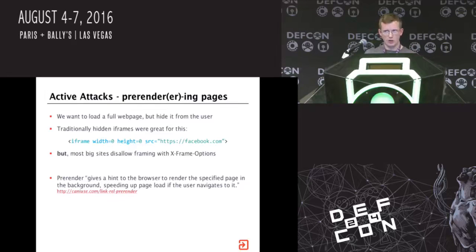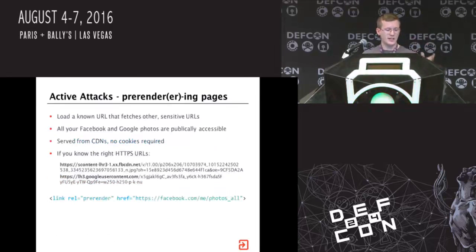So pre-render is something that Chrome invented first, and it's now in Edge as well. And essentially what it does is this HTML tag here, and what it says is completely load this page in a kind of hidden window off screen. Load it so it's ready, so when the user actually clicks that link, it'll all be pre-rendered and ready to go, and it'll appear really quickly. So like Google uses this, so often the first hits on a Google search result will be pre-rendered, so when you click it, it looks like it just magically appears really quickly.